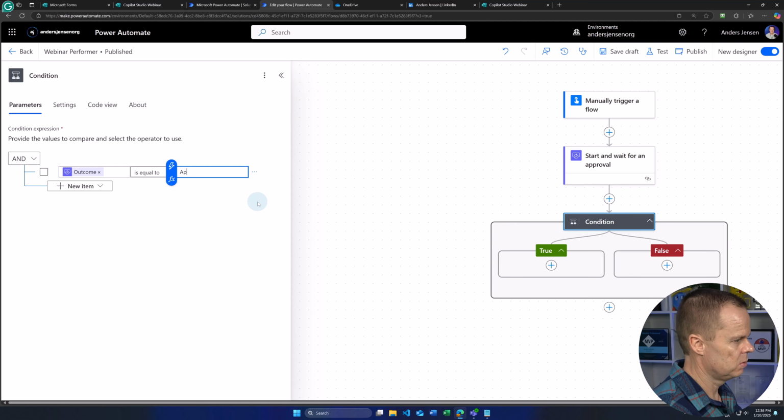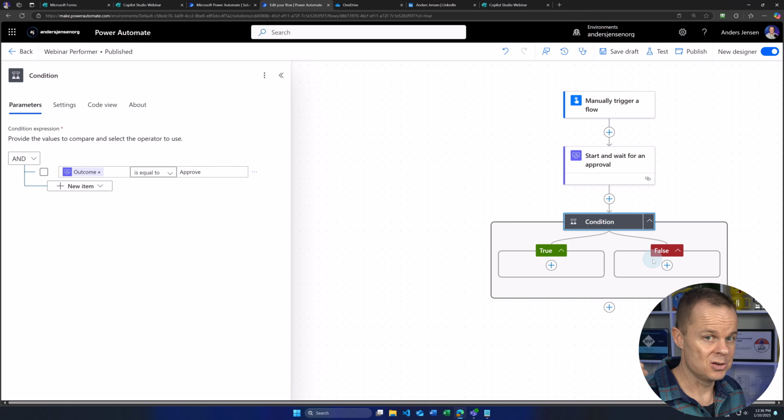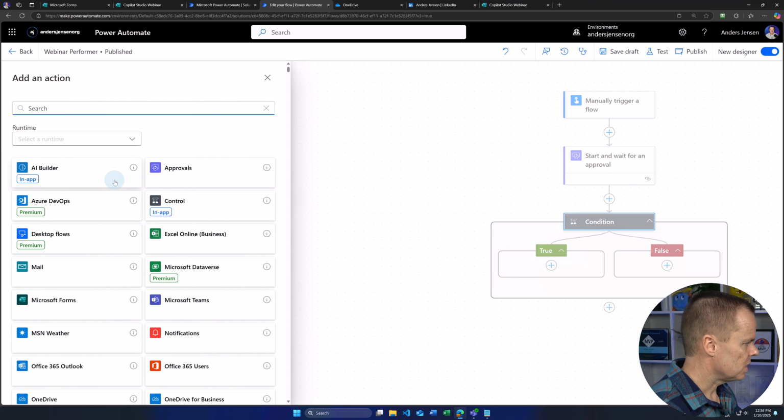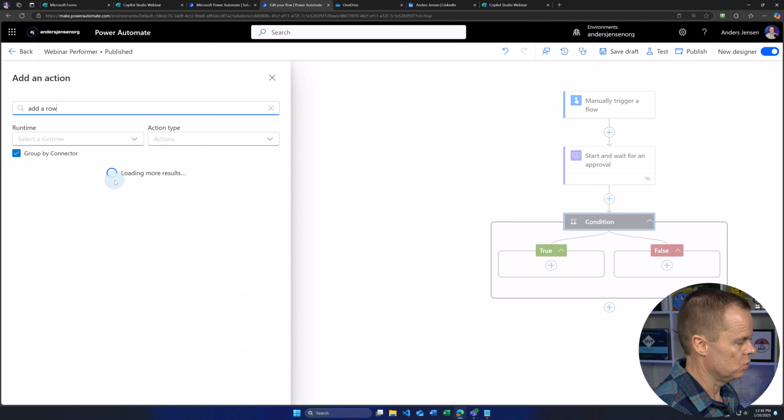If this is equal to approved, then I want to add something to our Excel. Like this. This also means that I know I'm here if this is true. If it's false, I'll just forget. But you could send an email rejecting the participant or whatever you want. We will just build it, go really simple today. In true, I will add a row